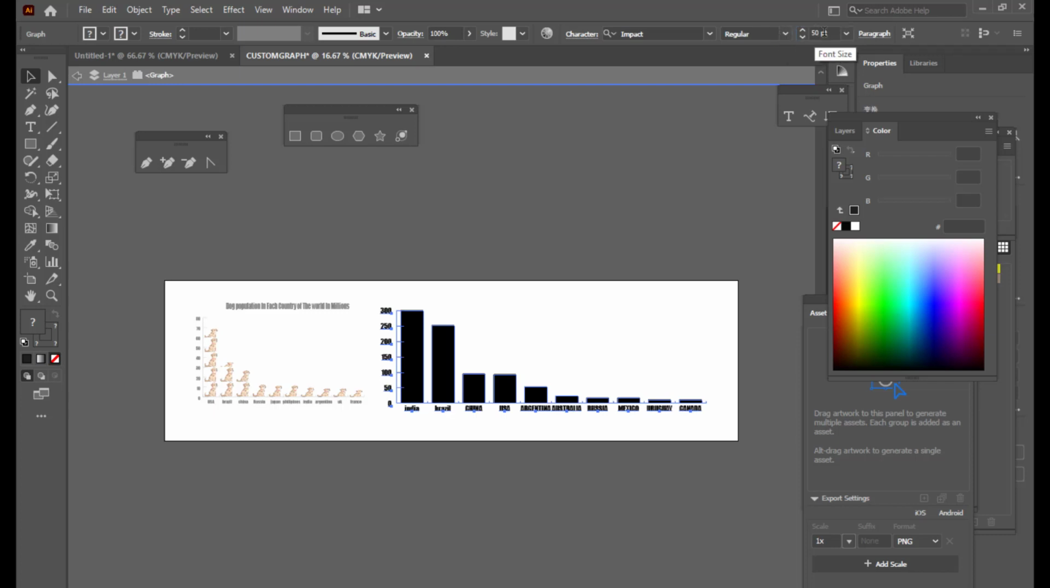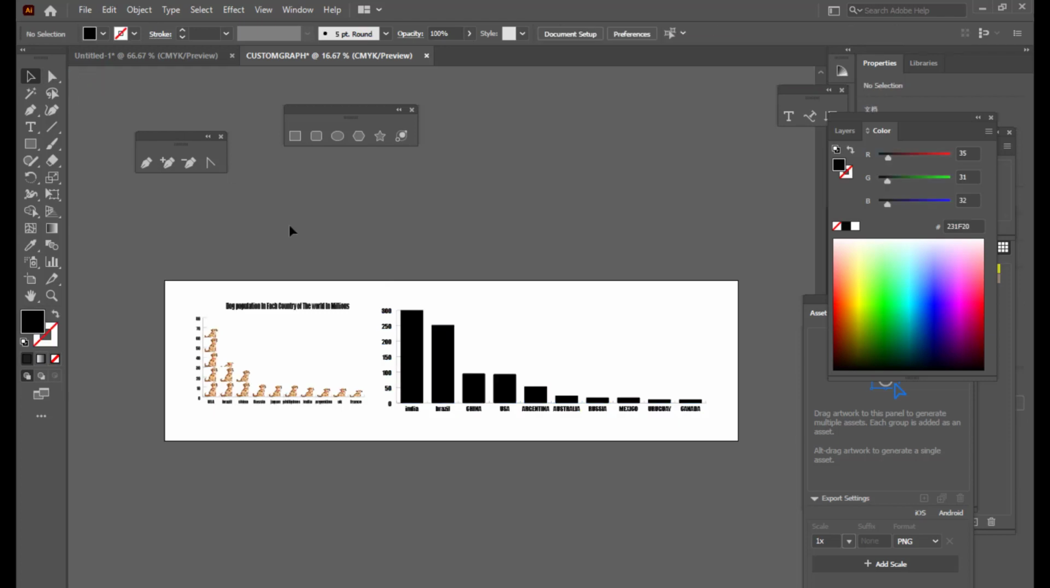Right, the only thing is you should ensure that the text is not overlapping. The country names are not overlapping. So we'll just put 45 here. Right, now it looks better, and you can simply click this back button, and now we are back to the